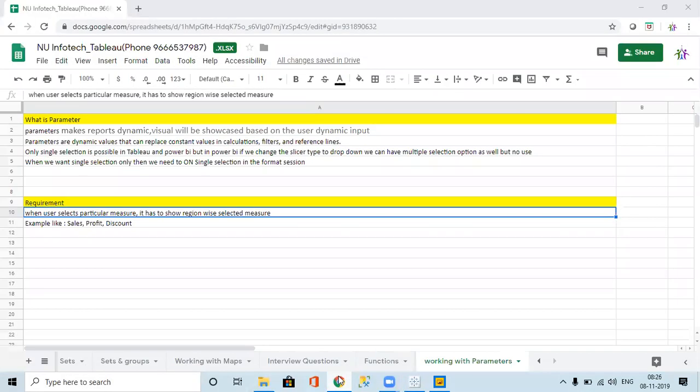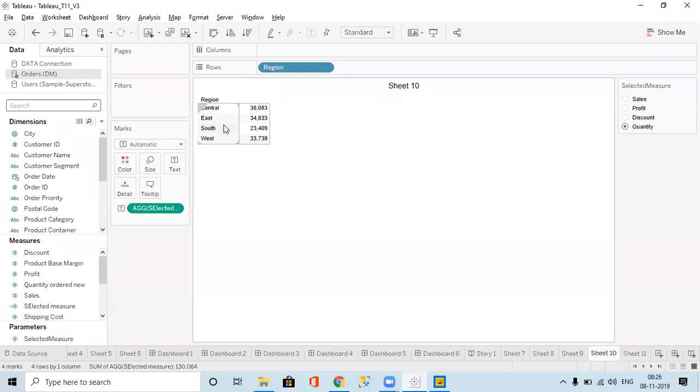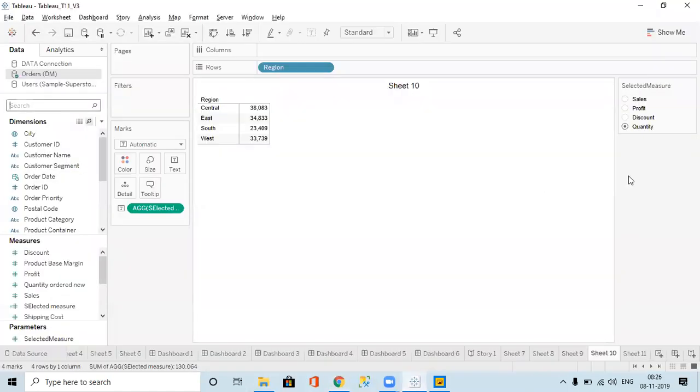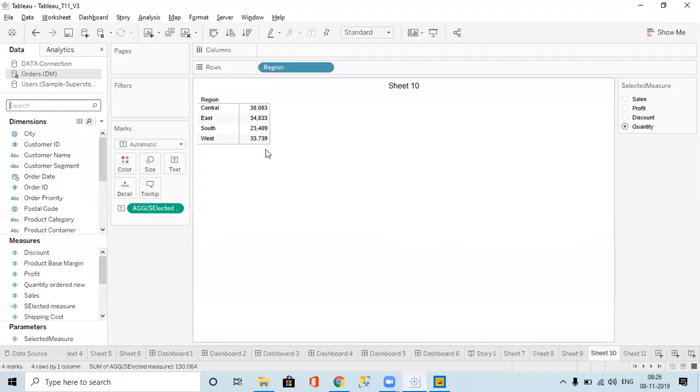So what is a parameter? Parameters make reports dynamic. Dynamic means we are selecting one value. If I select sales, I'm getting that. When I select profit, I'm getting it. Visuals will be showcased based on the user's dynamic input. Whatever the user selects, based on that it is giving. Parameters are dynamic values that can replace constant values in calculations.